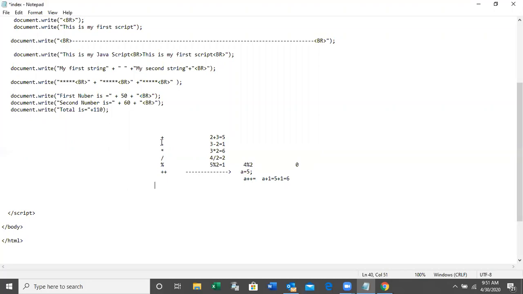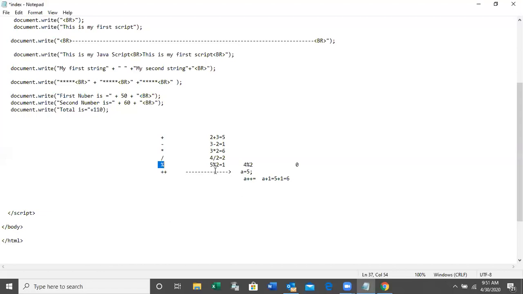Yeah, this one is the plus operator. You all know 2 plus 3 is equal 5. Minus operator, subtraction, 3 minus 2 is equal 1. Multiplication operator, 3 into 2, 6. Division operator, 4 divided by 2 is equal to 2. Modulation operator, the special operator, gives the remainder portion.